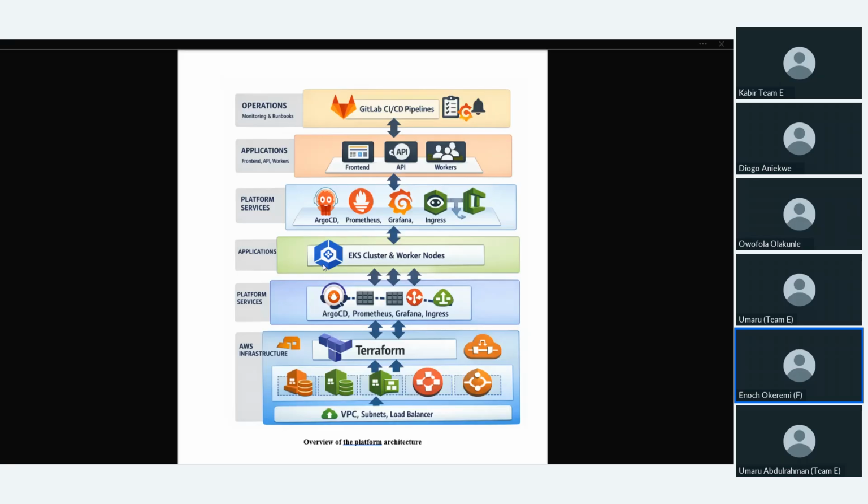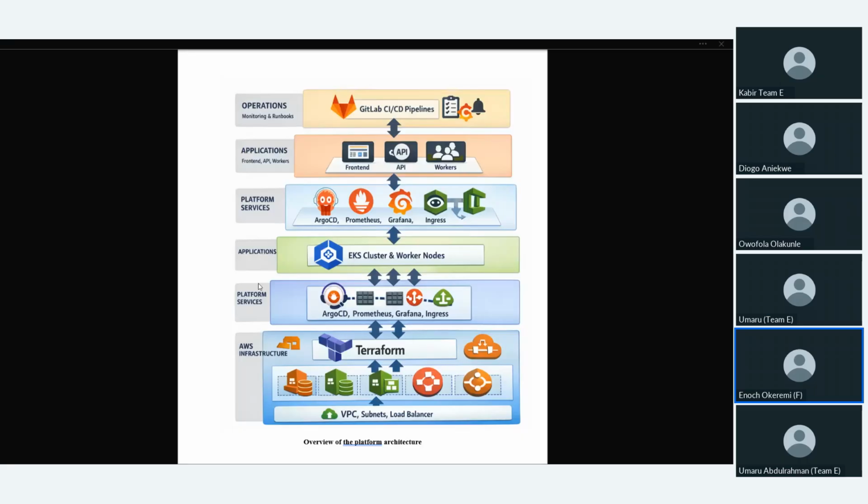That's our GitOps tool, which detects new images and orchestrates the deployment to our Kubernetes cluster, which is running on AWS EKS. The EKS cluster is where all our application components run, and within the cluster, we have Argo CD managing deployments, and Prometheus and Grafana monitoring everything. So this architecture gives us automation, security, observability, and scalability.